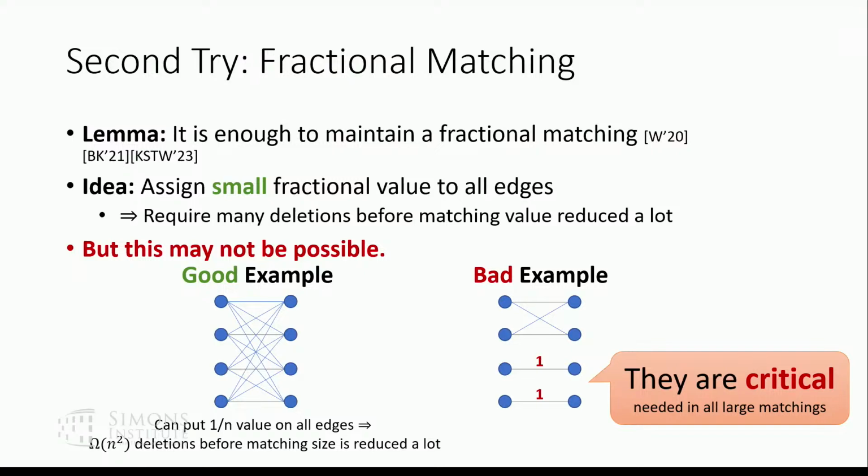So what we're going to do is basically try to capture a way to say that some edges are critical, but we're going to show that only a small number of edges are critical. So we're going to find a way to determine which edges are critical and which ones are not. And of course, criticality is not just either critical or not critical. There's a whole spectrum of how weak.